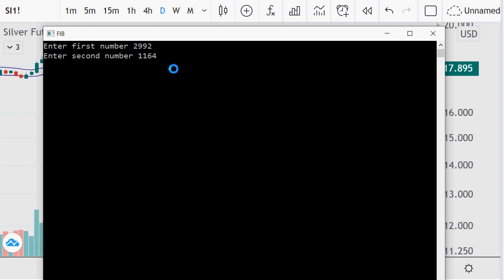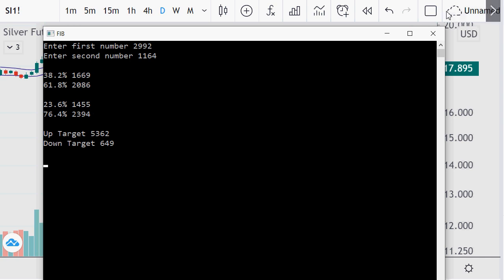Then I put the exponent to, and the calculator will do 0.764, 76.4, which is a Fibonacci number, 61.8, 38.2 and 23.6. I also do the upside, which I'm not going to use. That's 1.618. I'm not going to use the downside either. That's negative 0.618. So the first one is $23.94. Now, if you want a number above that, it's the 85.4%, which is 23.6% multiplied by 61.8%. Anyway,